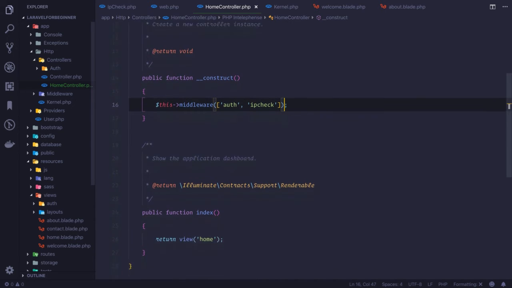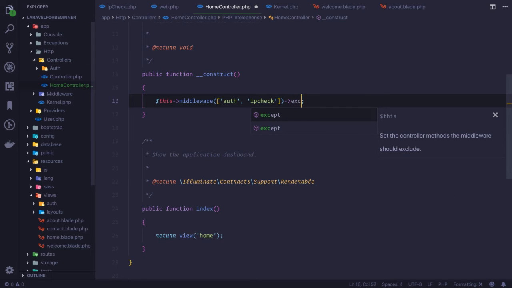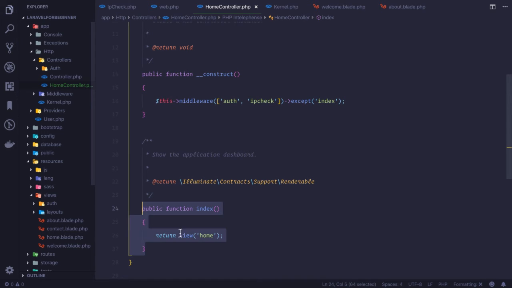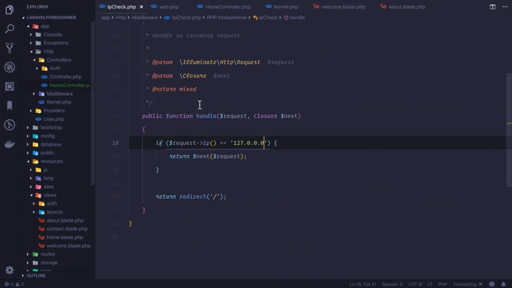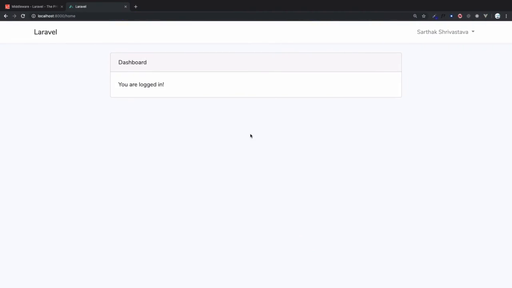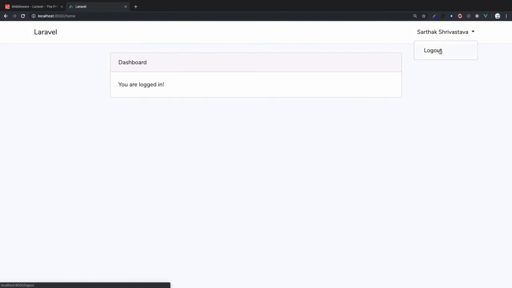If you want to remove any function, so like you don't want the index function to be applied with the middleware, I need to say except, and inside that just give the name of the function. So function index is returning the home view. So I can say that, okay, all these middlewares are going to apply to everything except the index function. So if I now go and try to access the home page, yes, I can, but you can see the IP address doesn't match, even though I can access this, because that IP check and even auth is not applying on the index. That means now I can access the home page